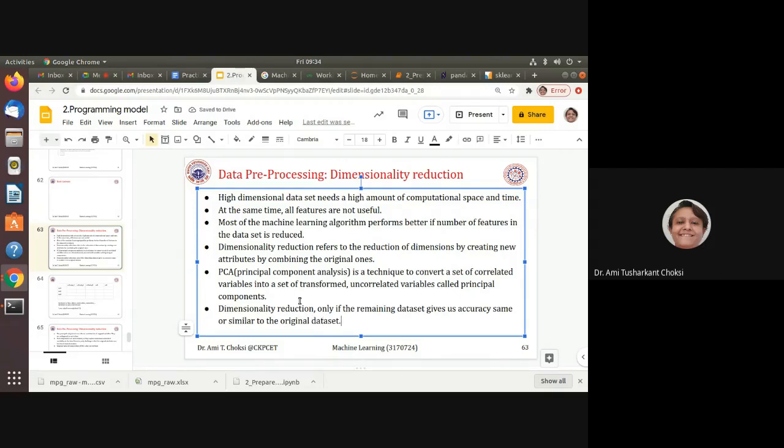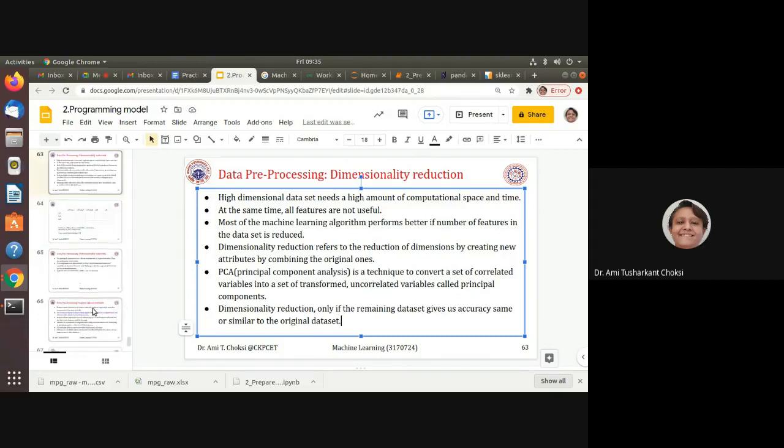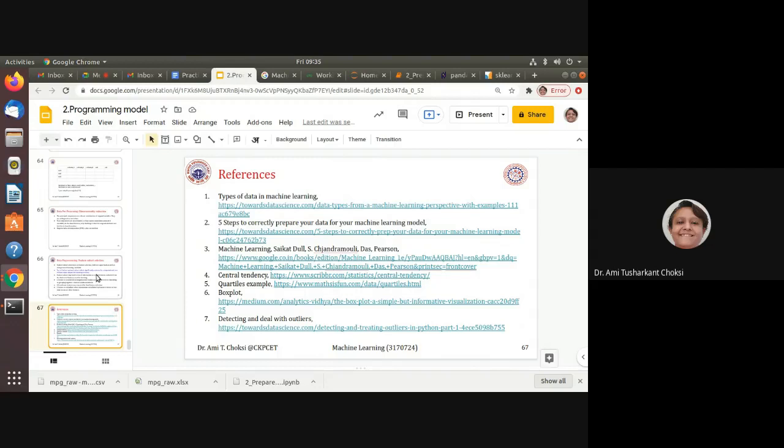Then only should we apply dimensionality reduction. Got the point? We should do dimensionality reduction only when the remaining data set will give us accuracy the same or similar to that of the original data set. Fine. So that's all for this particular chapter.